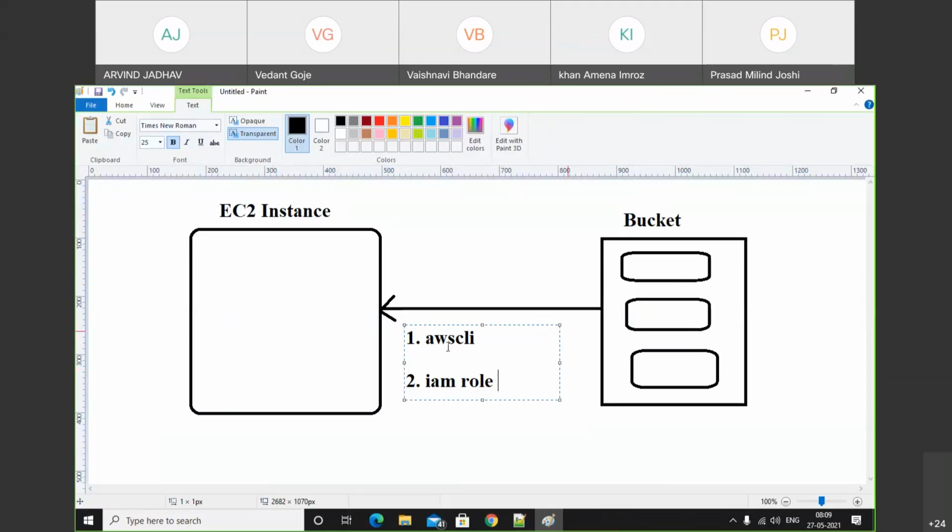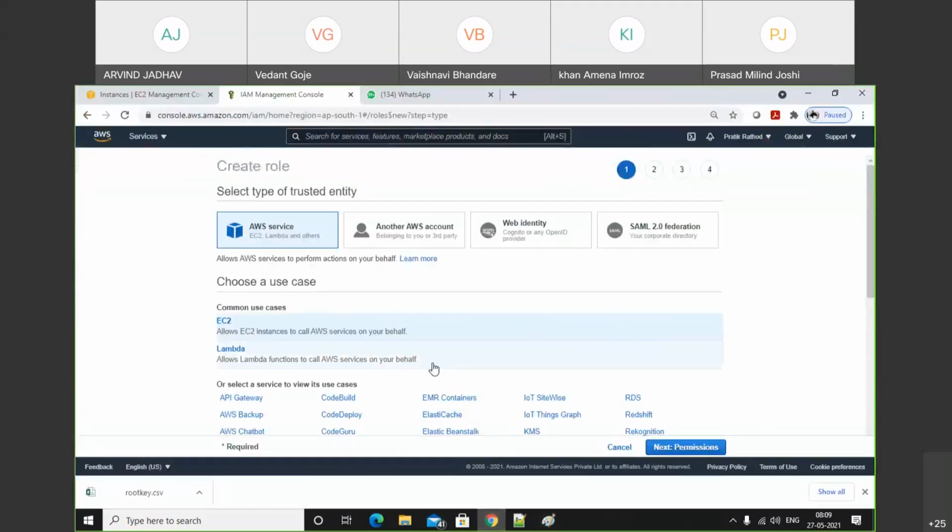In the first option, the user can interact with the EC2 instance and buckets. Now, whenever you use an IAM role, in that case the EC2 instance can communicate with the bucket on behalf of you. So the EC2 instance will perform this operation on your behalf. For that, here we'll select the IAM role, with the source as EC2 instance.